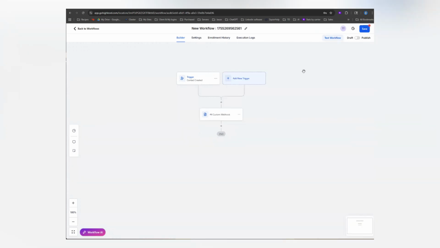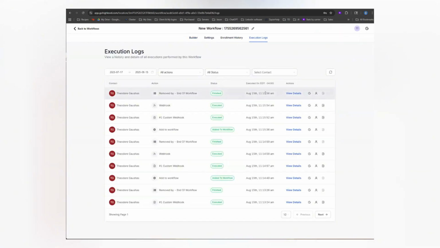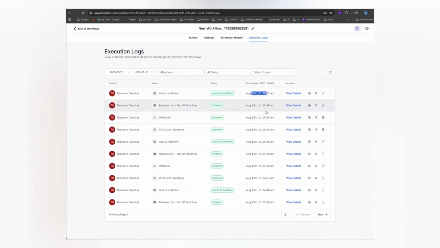Now, in order to test this to make sure it works correctly, make sure you click Save first in the top right corner. It's going to tell you that your workflow has been saved. Click on Test Workflow. I'm going to select myself here, run that test. You can come to the execution logs. We see I've tested this a couple of times this morning. This was the last one I did. We see that the workflow is now ran